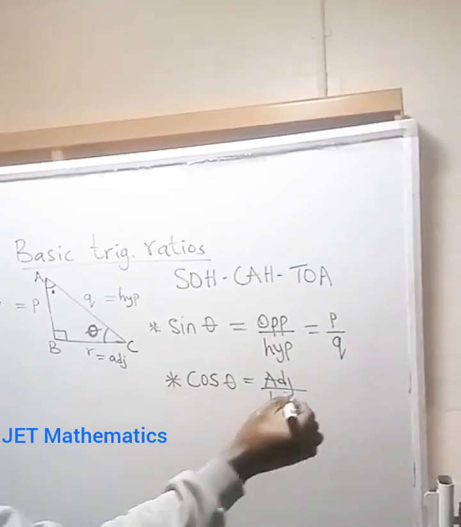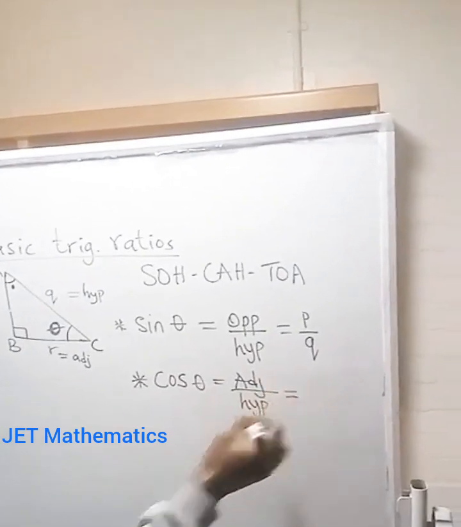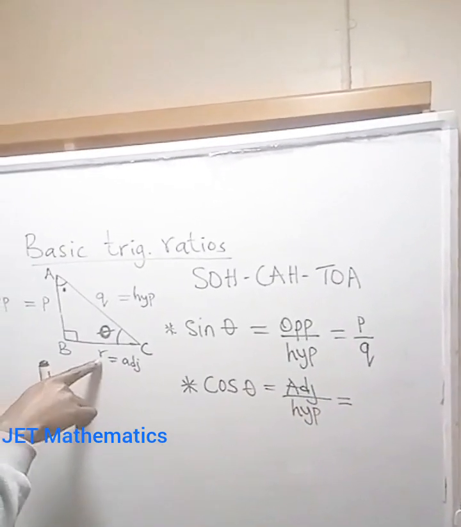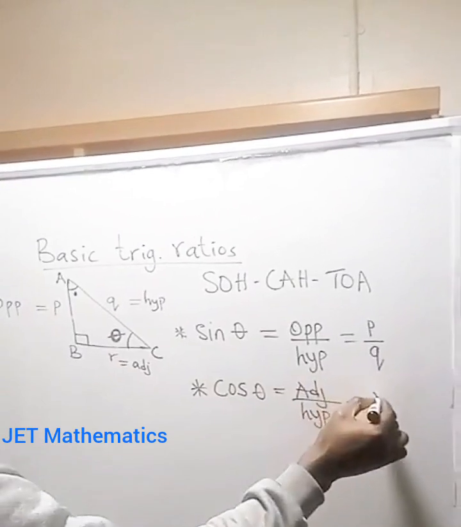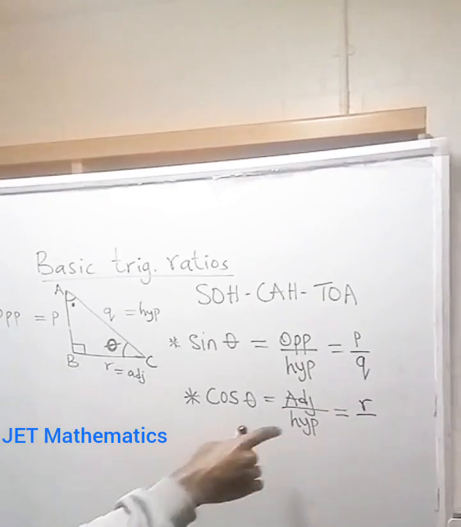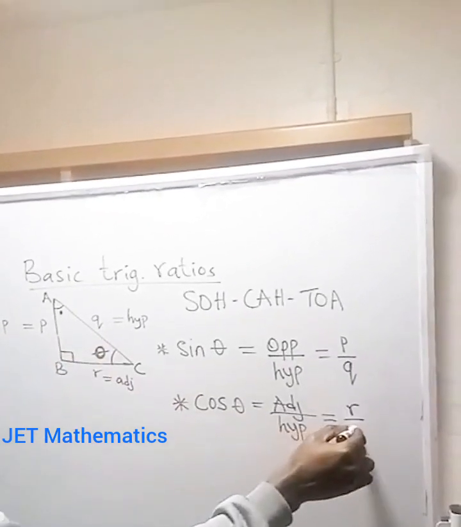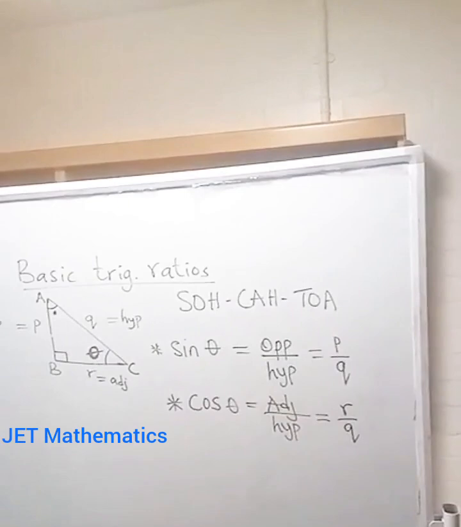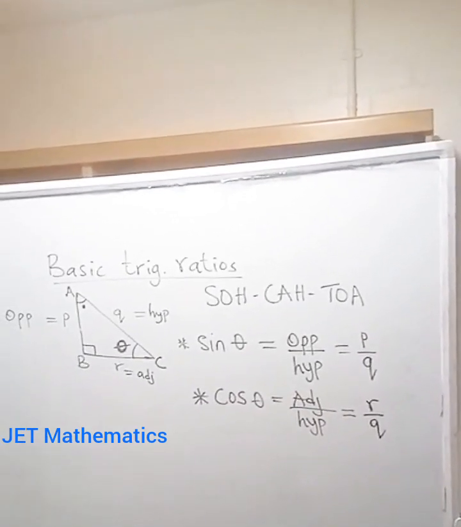Okay, and that is equal to, so our adjacent is represented as R, and our hypotenuse is represented as Q. Okay,